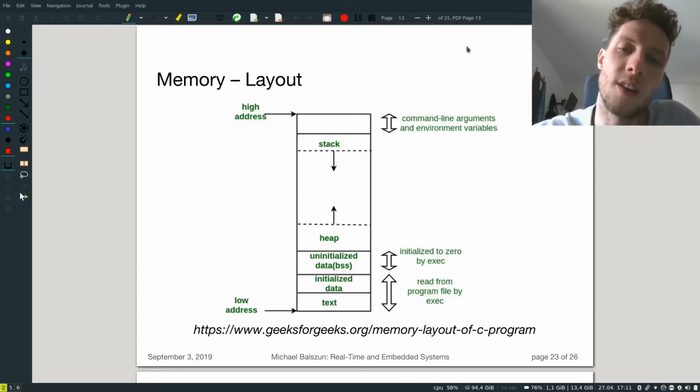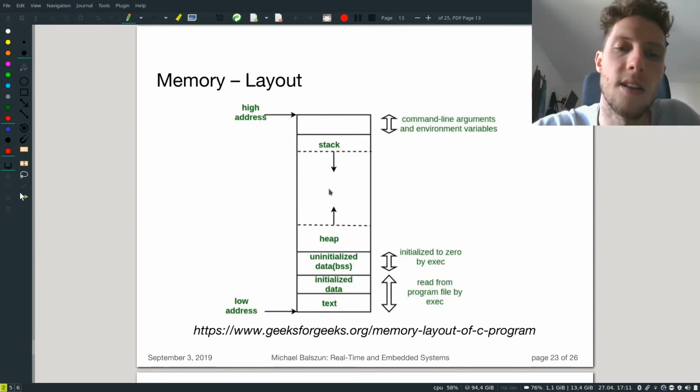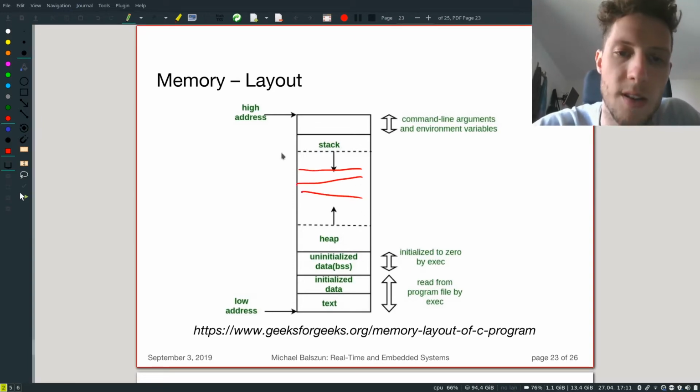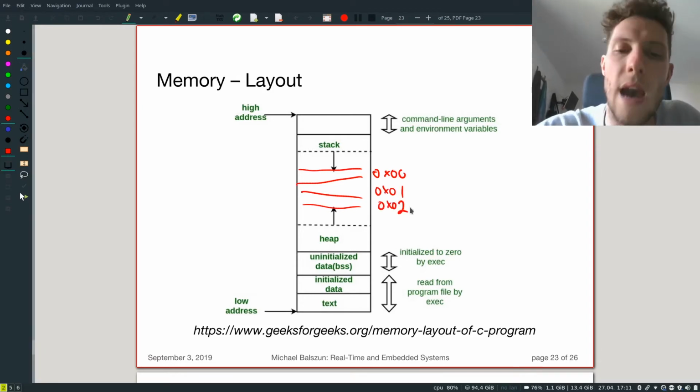But as you can imagine, this is just memory layout here. And then you have in here your entire program. You have memory addresses. This is not where it would actually be, but you have 0x00, 0x01, 0x02. And so when you allocate some